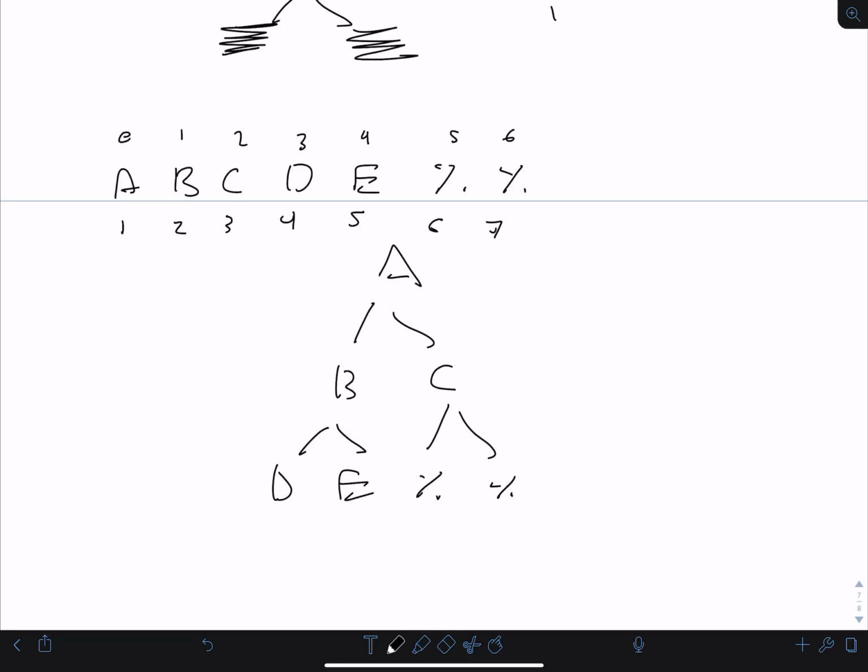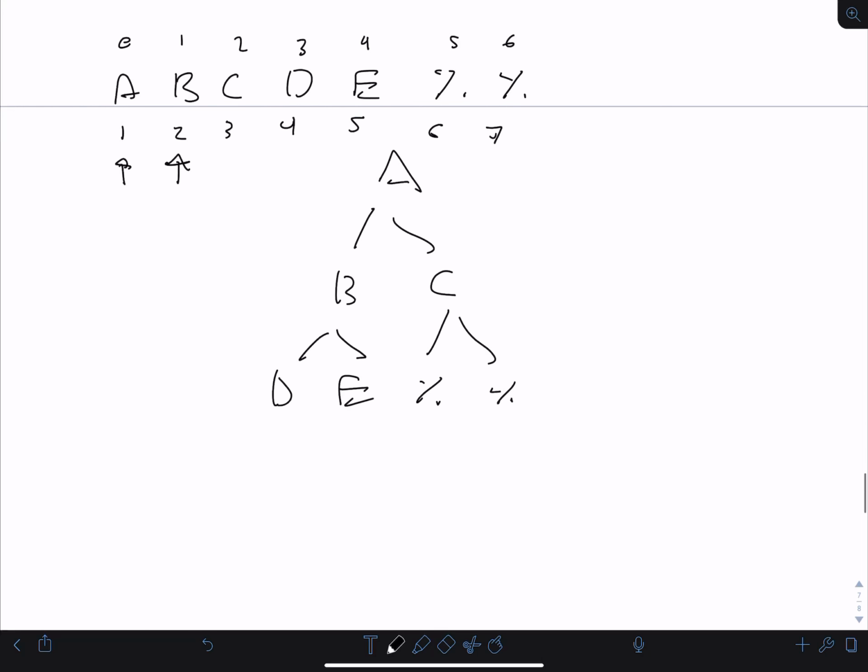Here's the cool thing about this, and I'm gonna use the MATLAB indexing. This is the one time in the one algorithm where I think array starting from 1 is actually not dumb. So if you wanna find out in a level order traversal when you're inserting what the child node is of any node, you take that index, if you're starting from 1, you multiply times 2, and that gives you the index of the left child node, and then you add 1 to that, you get the right one. So for example, let's take B. B is index 2. If I want to find out B's children,